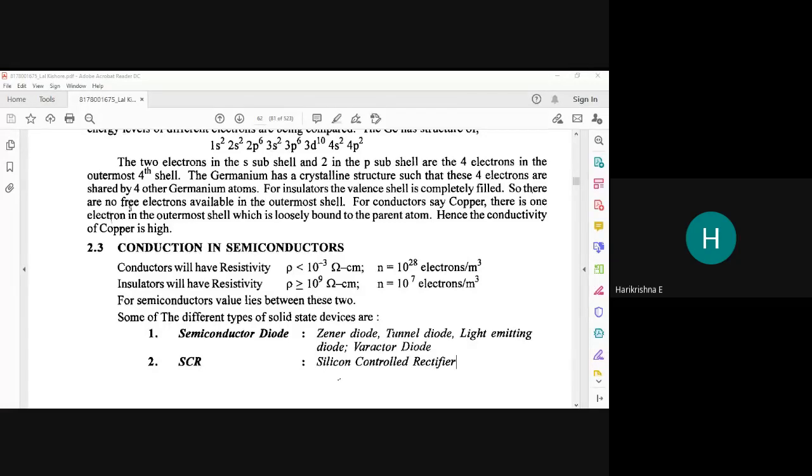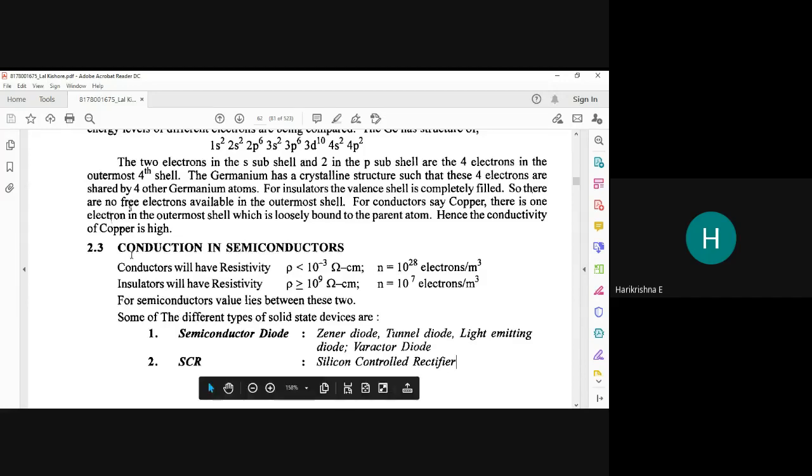In the previous class, we discussed intrinsic and extrinsic semiconductors and the behavior of majority and minority charge carriers. What do you mean by immobile ions? What do you mean by mobile ions? These things were discussed in the previous class. In today's class, I'm going to concentrate on some of the mathematical terms related to semiconductors.